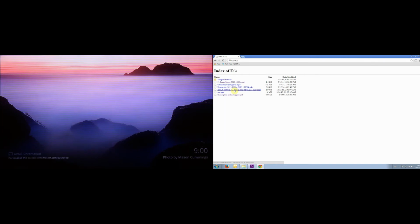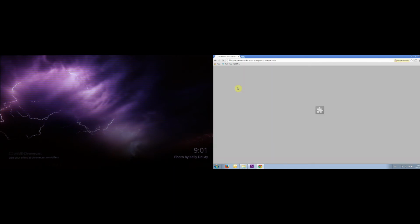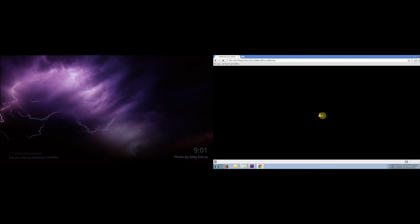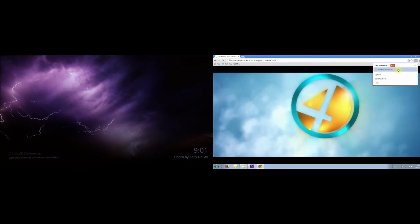To play the MKV file, I'll first play an MKV file into Chromecast and try to cast it on my screen. I'm showing my screen at the same time as well. So here's my Chromecast, and basically it has detected my Chromecast browser on the screen, but it's not displaying anything because the file format is MKV. By the way, this video is recorded in Dolby Digital 5.1. So what I do is